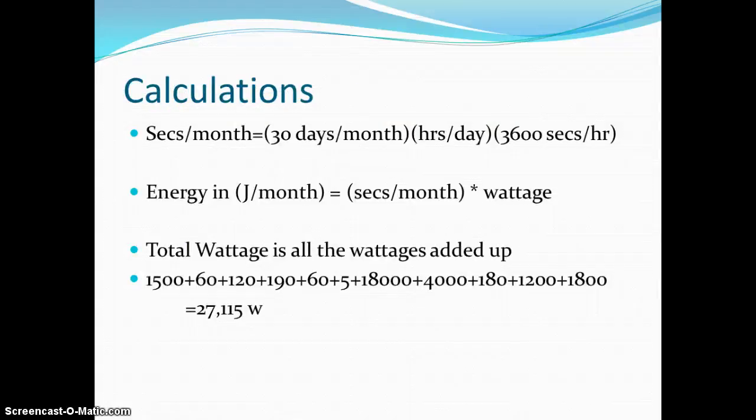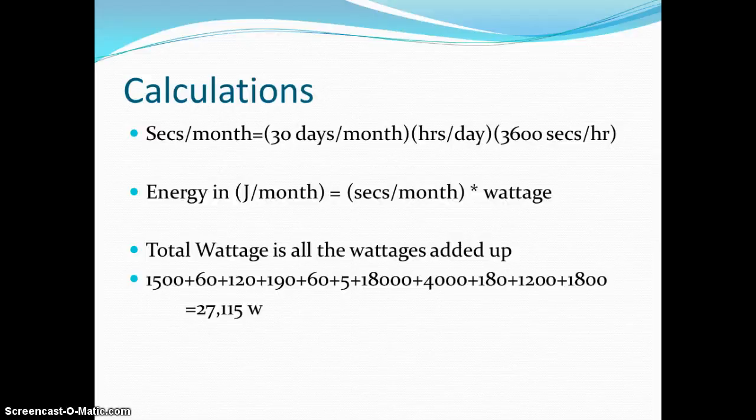So for calculations, to find seconds per month, which is something we're going to need for a later calculation, I took an average of 30 days a month times however many hours a day we use the appliance times the 3600 seconds per hour. Then the energy in joules per month is seconds per month times wattage. And then total wattage of everything that we used is going to be adding up all of the wattages of the light bulbs, the stove, the cell phone chargers, everything that's being used. And we found the total to be